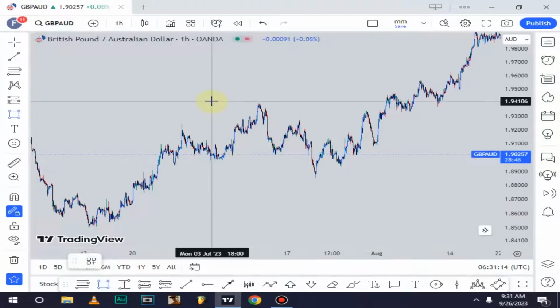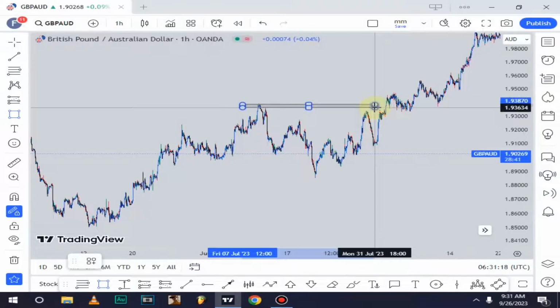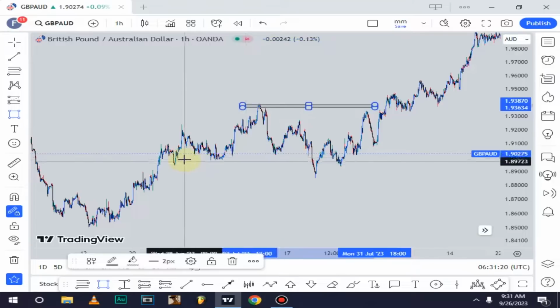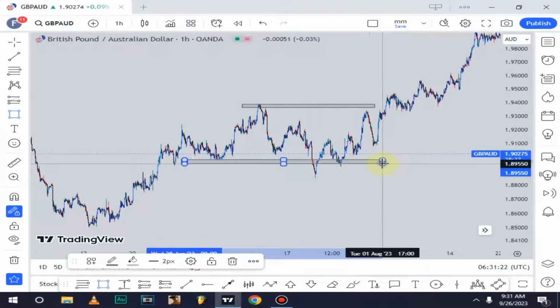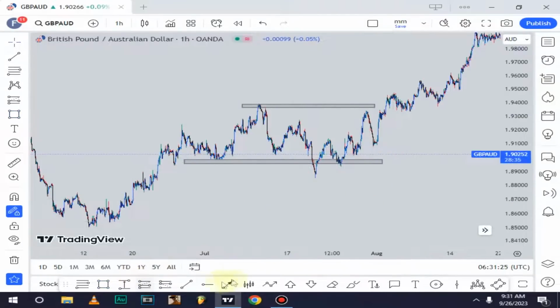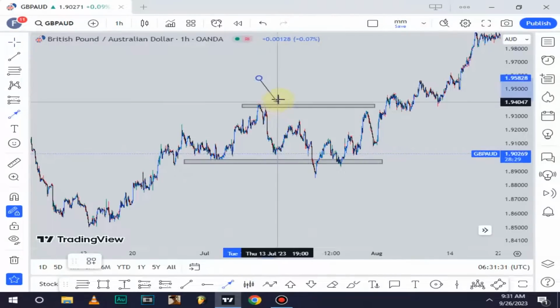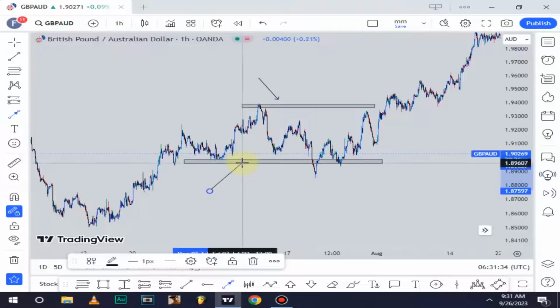For example, you had this to be a highest zone over here, mark that with your rectangular tool. Then the previous low, of course, should be this. So now we are talking about demand and supply zones. What do I mean by demand and supply zone? At the top over here, this is called a supply zone, and from the bottom over here,